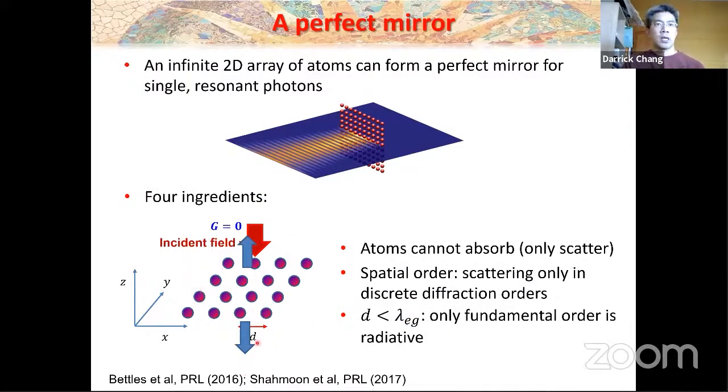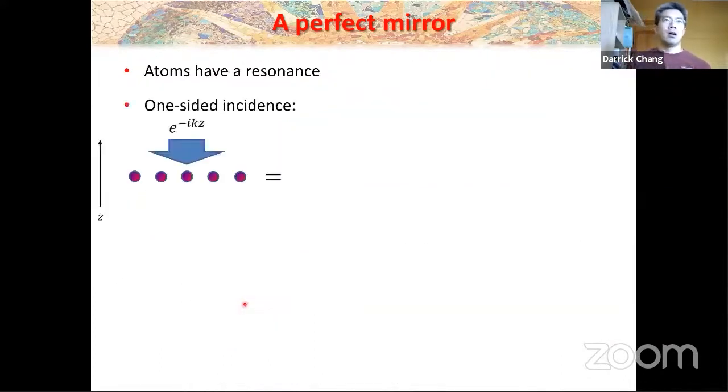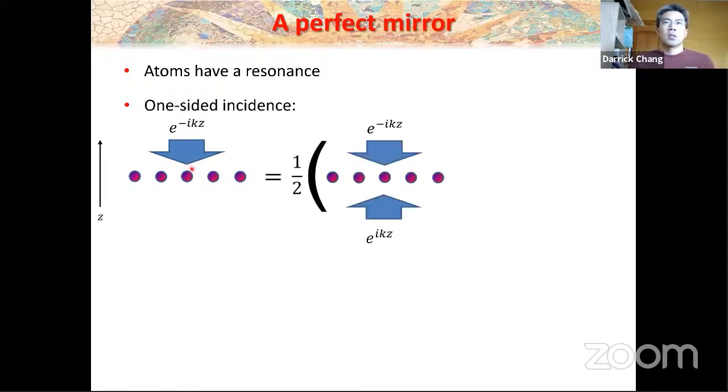So far, everything I said here is generic to any kind of lossless dielectric element that I put in my array. And the fourth ingredient, which is really special to atoms, is that atoms have a resonance. To illustrate the importance of this resonance, I can recast this problem in the following way. I have an array of atoms and I send in light from one direction. I can say that that problem is equivalent to a coherent sum of two different problems,